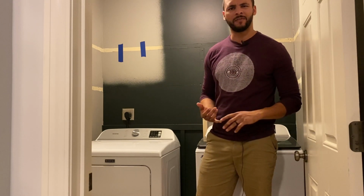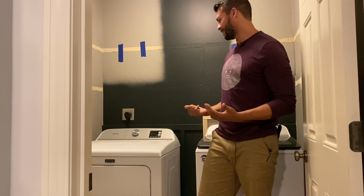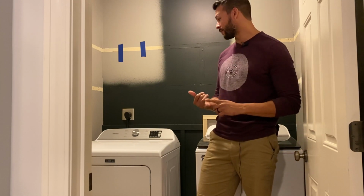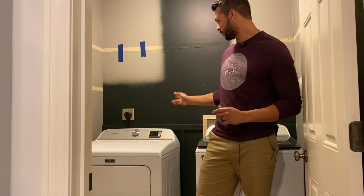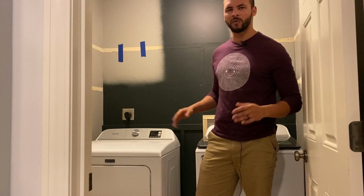Why'd you go through all that effort and spend money on it if you can't see it? I knew it would be a background detail, and honestly, it took me a total of like 3 hours. The paint we had left over, so that was free. The silicone was $2, and the pine wood that I used for the actual slats was like $4. So really, for a background texture, I think it was well worth the time and the money that was put